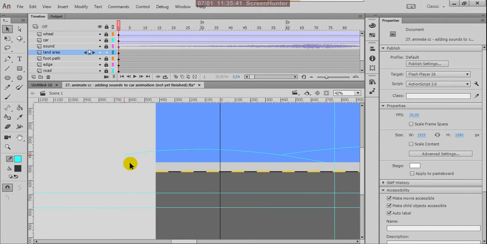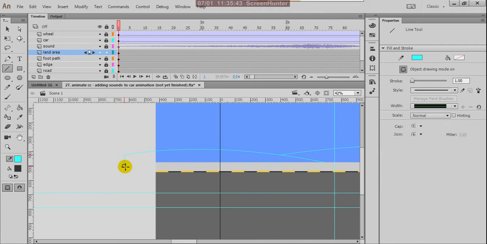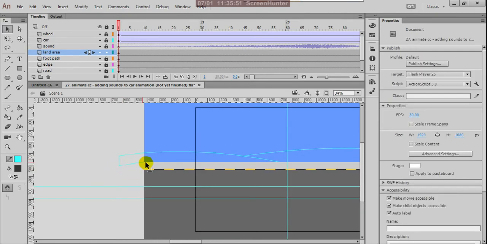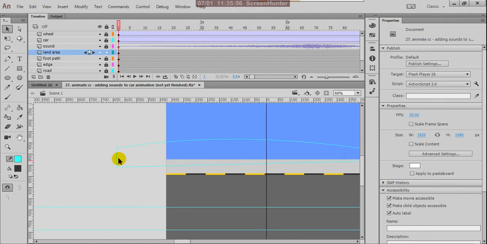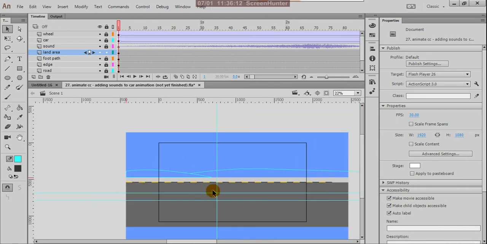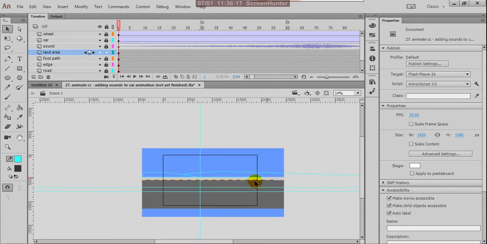Now here you can close this because we want to fill the color. Okay, so you can drag this up to outside.